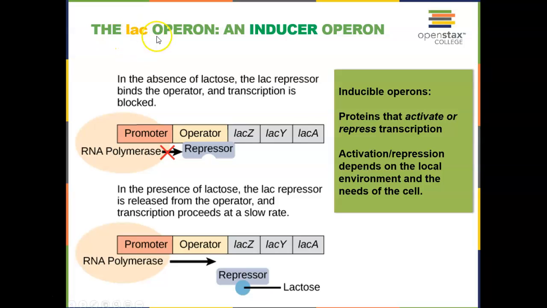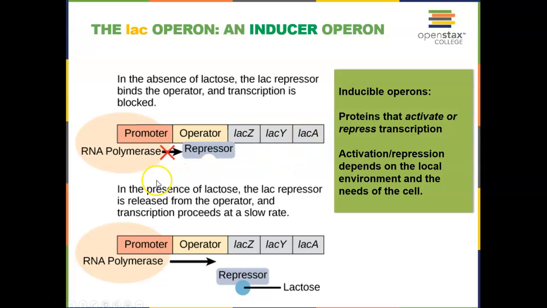And then the last one is called the lac operon. So you notice we have the same genes going on here. So in the absence of lactose, so when we don't have any lactose, that means we have plenty of glucose. That's the preferred source, and we don't need to make these components. So therefore, there's a repressor protein that in the absence of lactose will bind here, and so that RNA polymerase cannot hook on, and we cannot go through this pathway.